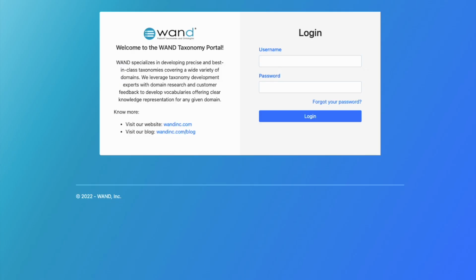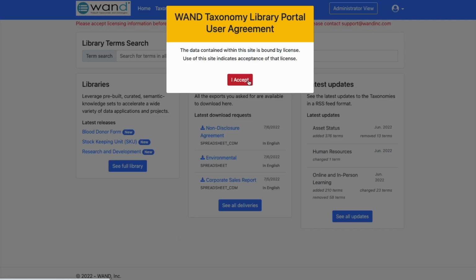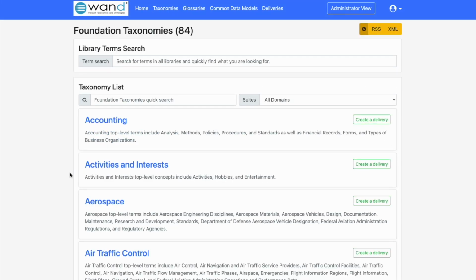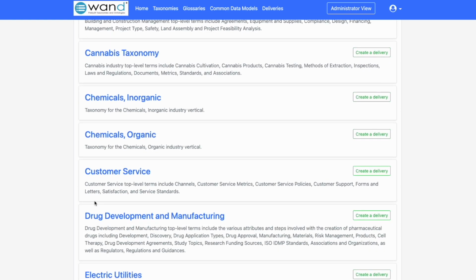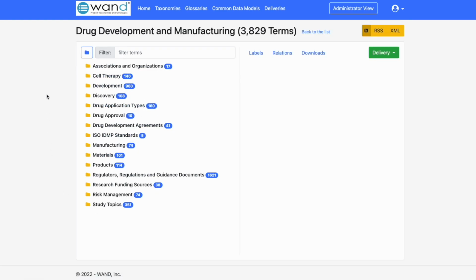The download, delivery, and access to our taxonomies takes place on our One Taxonomy library portal. Each of our clients gets a username and a passcode. Once logged in, you'll be able to go to the taxonomy library, and we're interested in the drug development and manufacturing taxonomy. What we can do is explore the various taxonomy terms by drilling down this tree: associations and organizations,